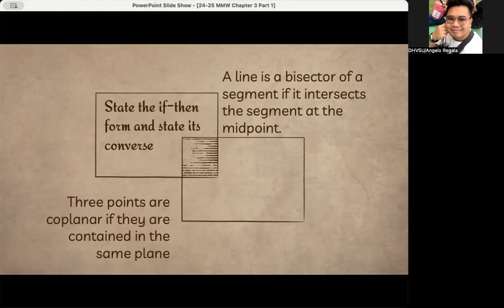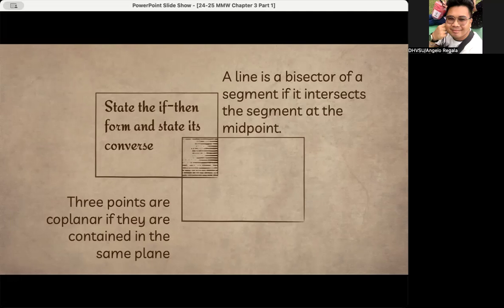Now again, this time naman po is we look for the converse or yung kabaliktaran niya, in terms of sino yung magiging if, sino yung magiging then. So state the if and then forms of its and state its converse. So convert muna natin yung dalawang statement na to sa if and then. Pagbabalik-tarin natin sila. Okay, so the first statement is a line is a bisector of a segment if it intersects